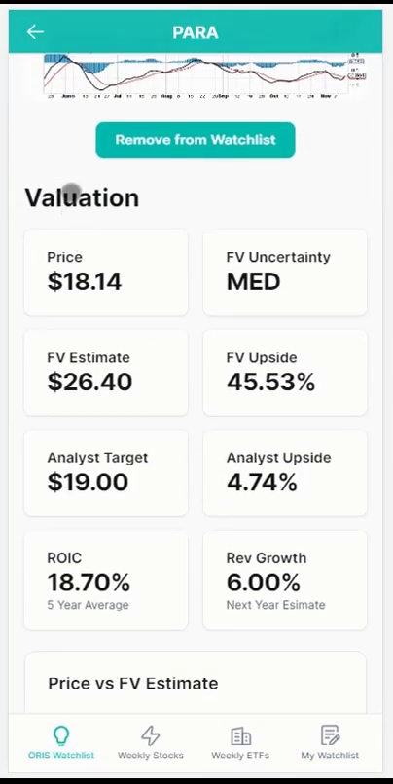So this first section we have here is valuation. We show the current price, and then we have some fair value estimates, analyst targets. Fair value estimate is just a guesstimate, so do your own due diligence. You shouldn't wholly rely on that. It is just a best guess based on some metrics, and the uncertainty,